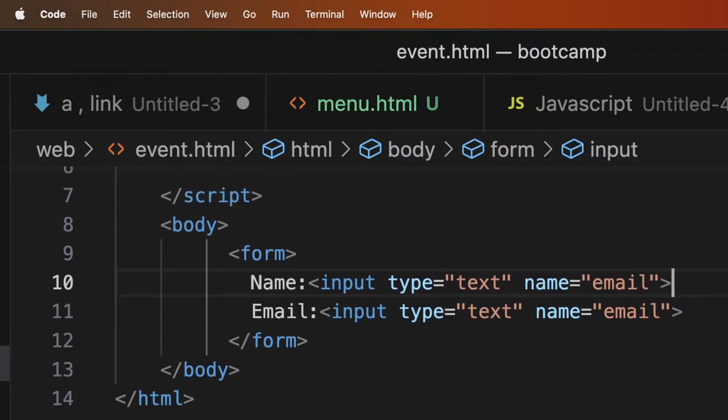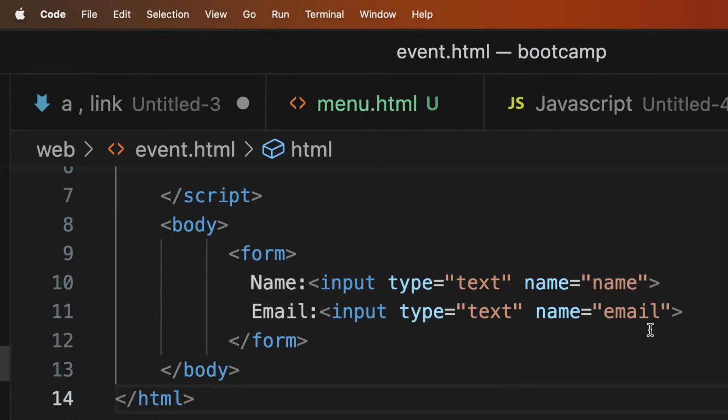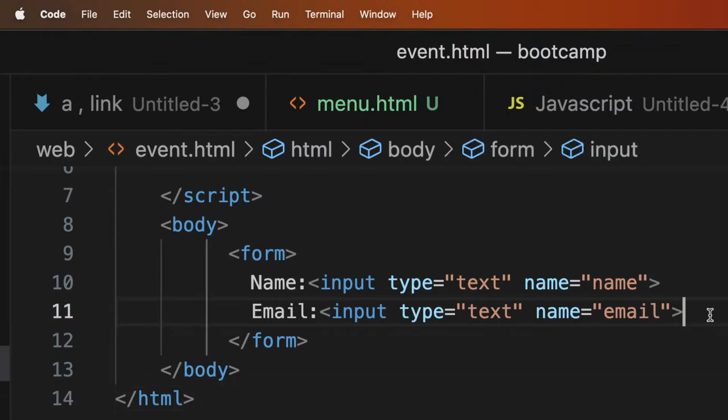So in our body we are creating a form, and in that form I want an email and a name,